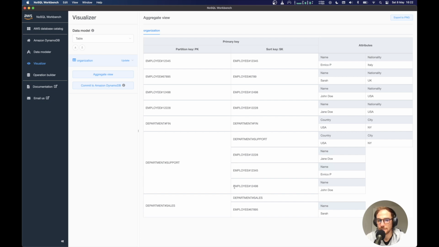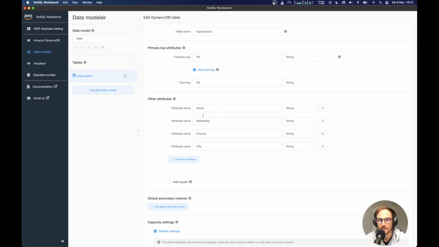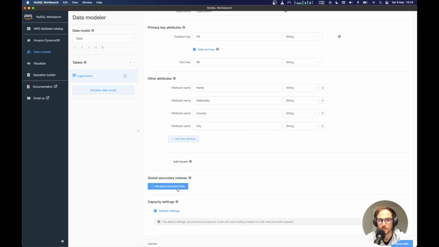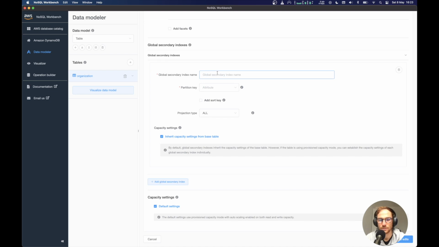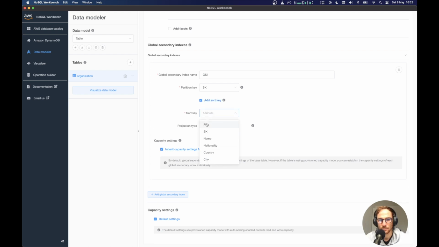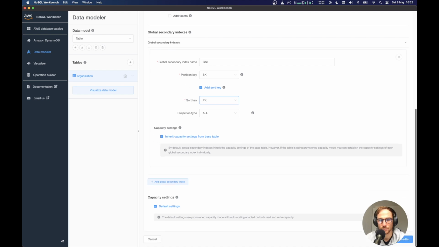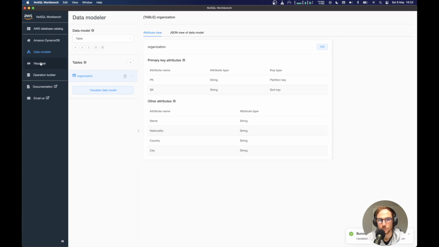If we want to see the same example, but with the employee on the other hand, so getting all the departments for a single employee, we will need to add a GSI on the table, and you can do that by going to the data modeler, edit, and you can add here a global secondary index. You can actually try it out. So it's GSI, partition key, and I want to add a sort key as well, which is going to be primary key, projection all. I'm going to save, edit, and if we go to the visualizer,